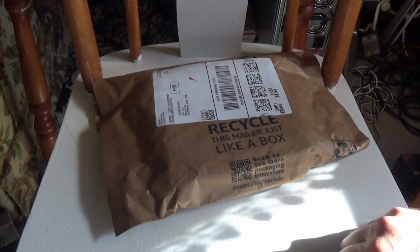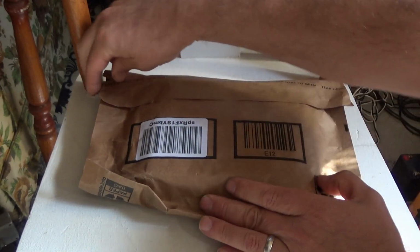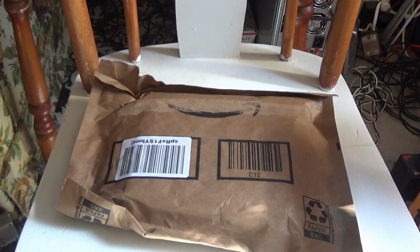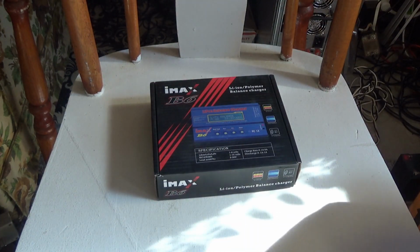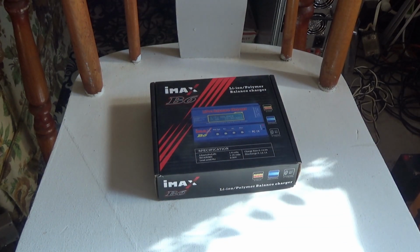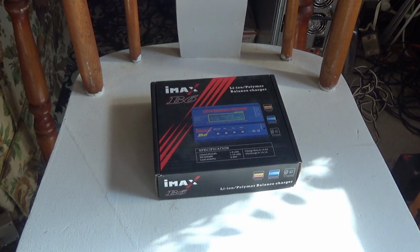I got a really cool package in the mail here. I did some studies online and read the reviews and chose a product that I thought would be good. Oh, the box is a different color. This is, hold on,